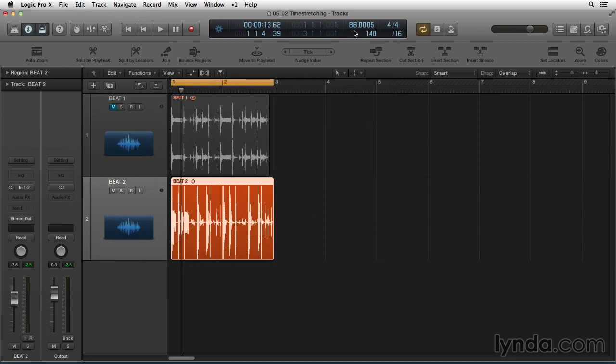The tempo is actually 86.0005. Listening now, it's going to sound exactly the same. We haven't done anything to the loop itself. All we've done is change Logic's tempo to conform to the tempo of the audio file, and all we had